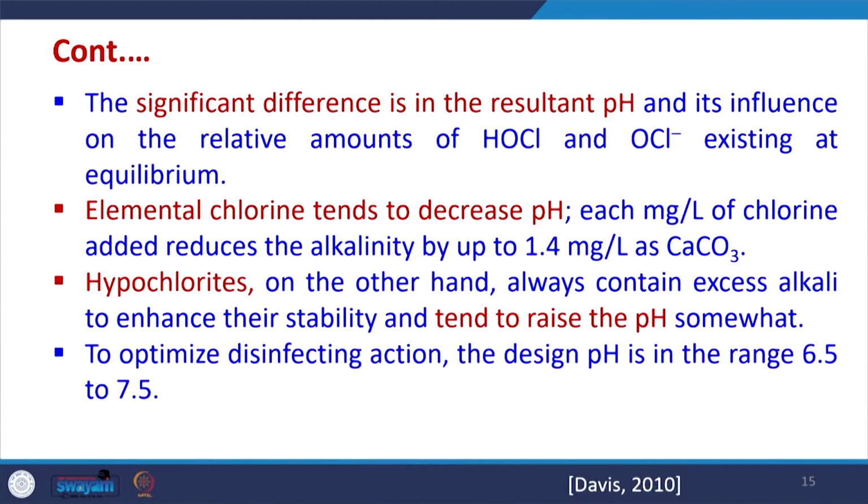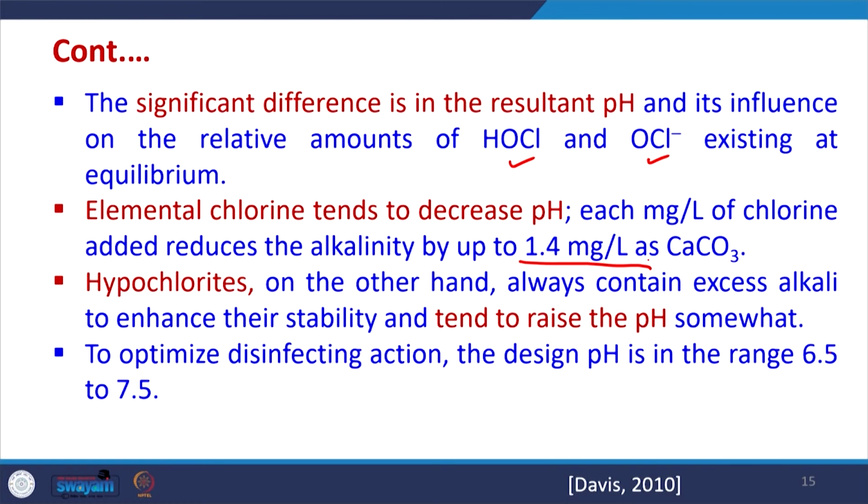Now, the significant difference is the resultant pH and its influence on the relative amounts of HOCl and OCl⁻ which are present at equilibrium. That we have already discussed. The elemental chlorine tends to decrease pH. Each milligram of chlorine added reduces the alkalinity by up to 1.4 milligram per liter